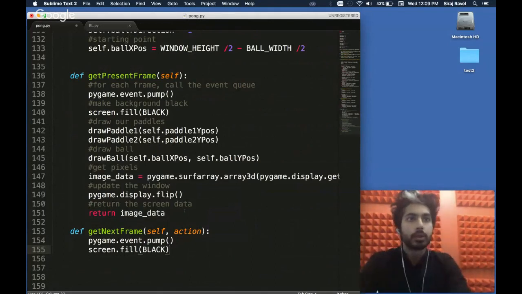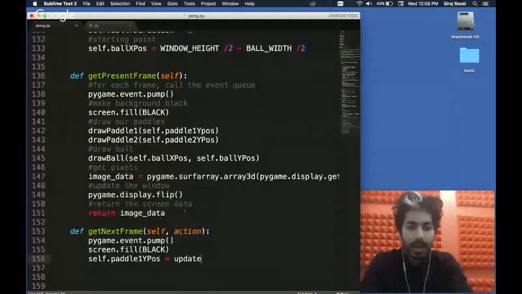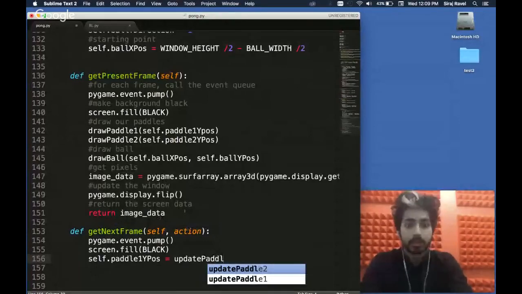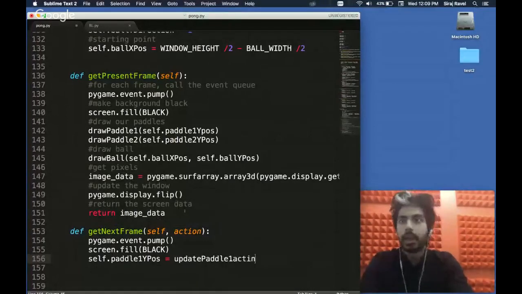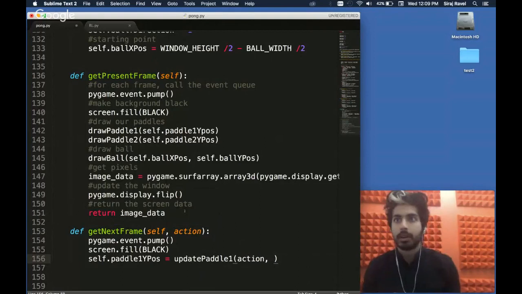Okay, just hold tight. So now we're going to update our paddle, and we're going to say self.paddle 1 Y position, and then we're going to update our paddle using the paddle method we just defined, and we're going to say the action. The action is going to be fed back to us from our reinforcement learning algorithm that we already do.